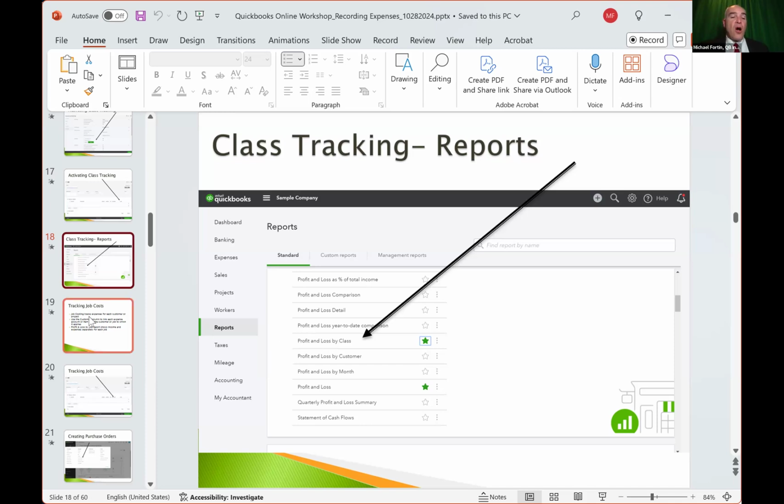And of course, all of this is helpful only to the extent that you are entering the information correctly, right? QuickBooks is a great system. It works very, very well, but it's only as good as the information you're putting into it.